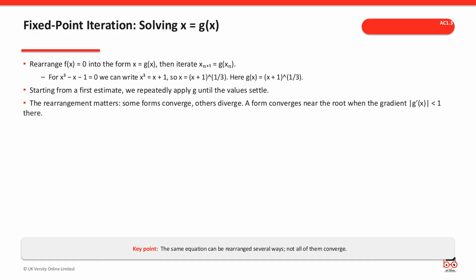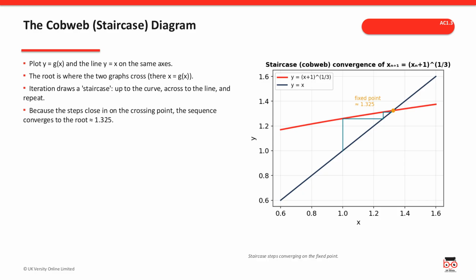It only settles near the root when the gradient, the size of g dash of x, is less than 1 there. There's a neat way to see whether an iteration will behave. Plot y equals g of x and the straight line y equals x on the same axis, and the root sits exactly where the 2 graphs cross, since that's where x equals g of x. As you iterate, you draw a staircase up to the curve, across to the line, and repeat. Because those steps close in on the crossing point, the sequence converges to the root, which, for our example, is